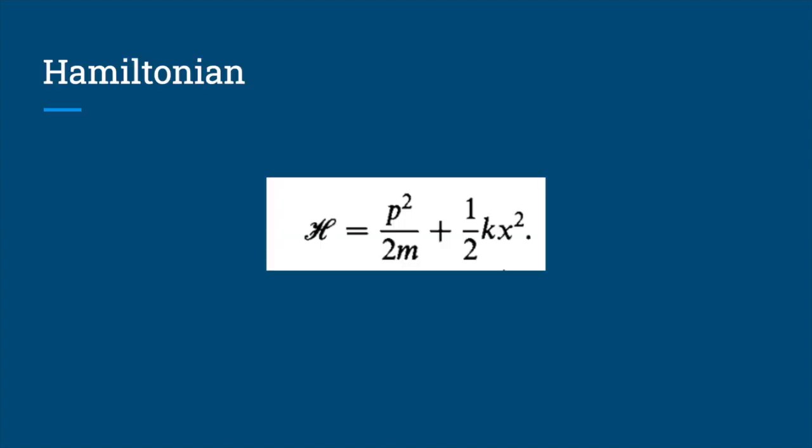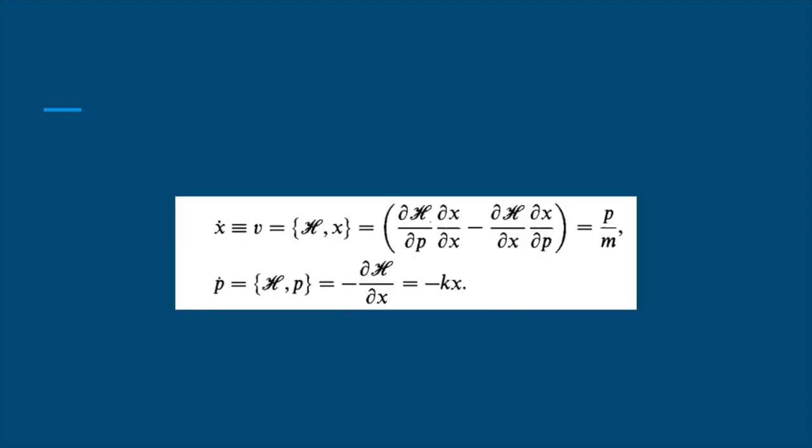Now we are interested in seeing the response function for a damped oscillator. So first we see an undamped oscillator and its formulas. The Hamiltonian for an undamped oscillator is given by this formula, and we can calculate the position and the momentum equations from this. These curly brackets are the Poisson bracket.